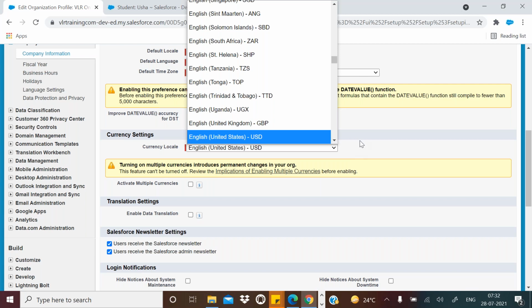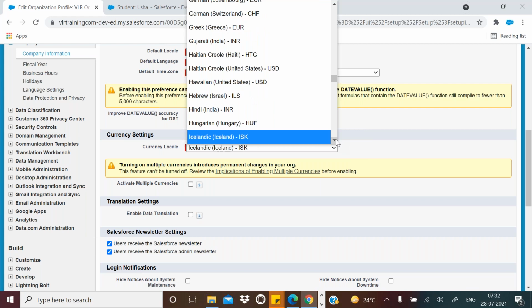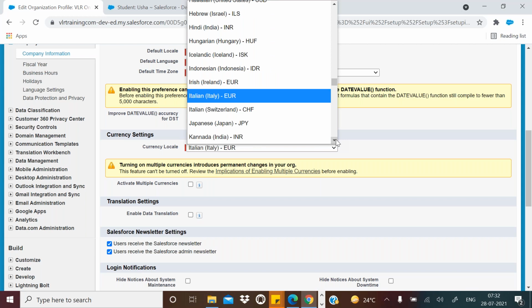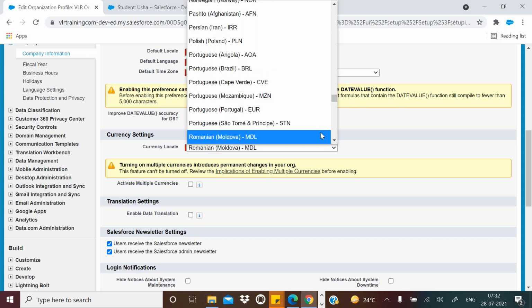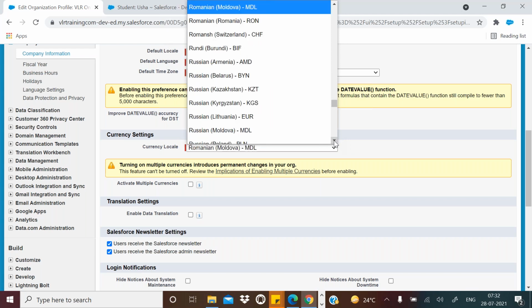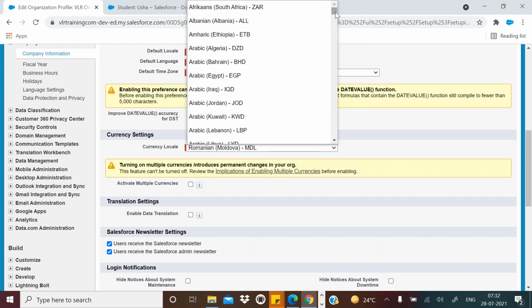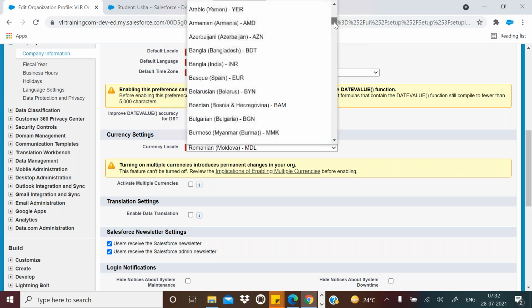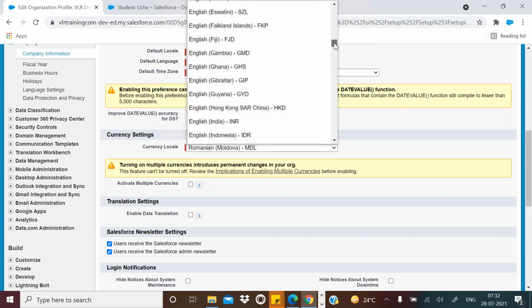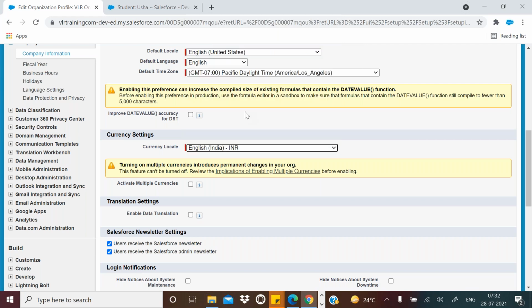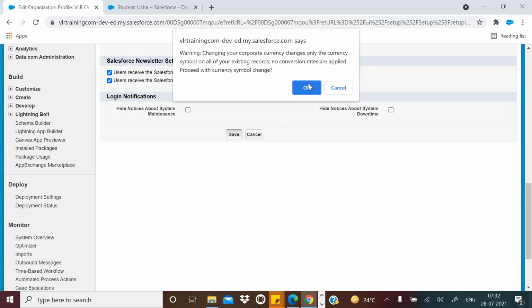I choose INR, which means Indian currency, and now save it.